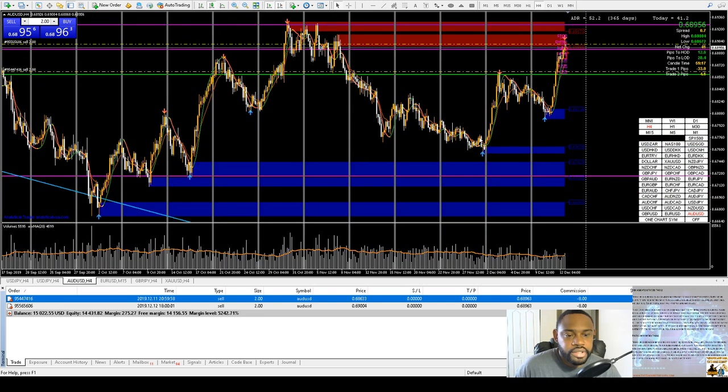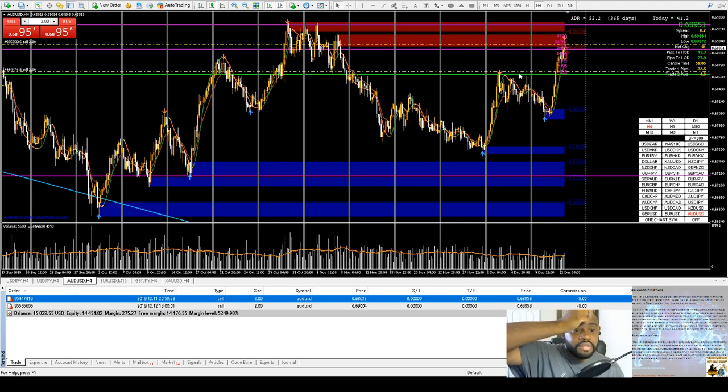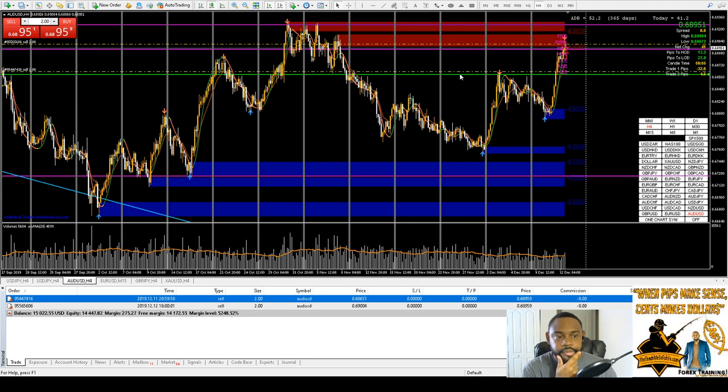Just depending on, looking at the 4-hour, this looks like a left shoulder right here. We could be getting a head over here. So I don't know. It may come down to retest this green supply price point. So maybe I will be able to break even, get a little profit off of it, but we'll see.